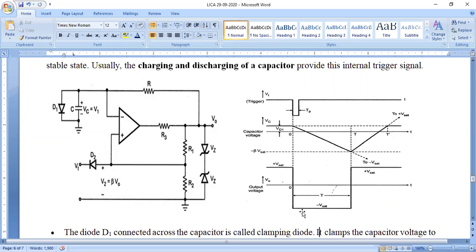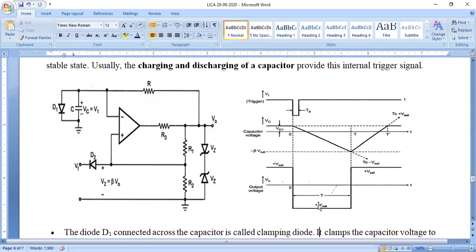So this behavior of plus V saturation changes after the existence of this particular negative shot, until the state of V output is stable. Initially the V output is stable at the initial application of V saturation. After that, the capacitor starts discharging and the output voltage reaches minus V saturation.